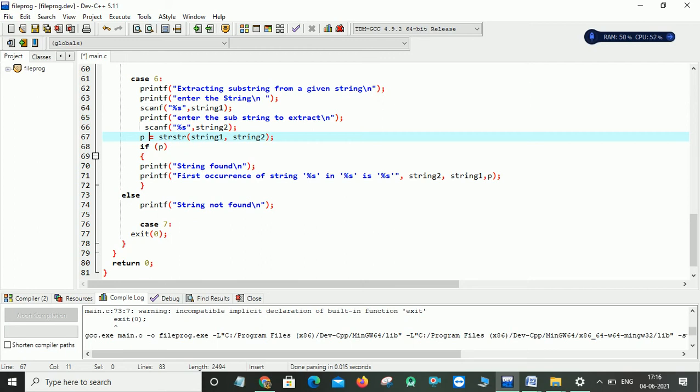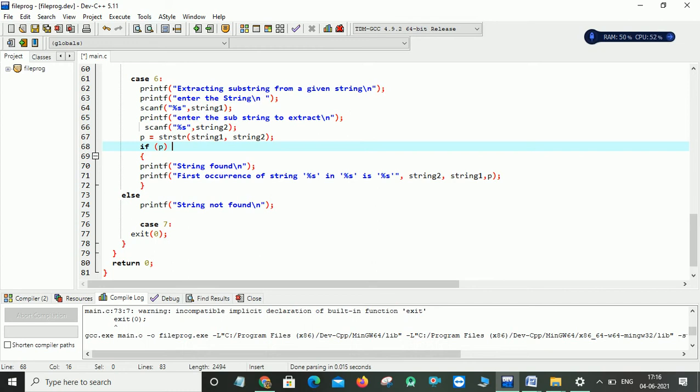If p is not null, that is, if the substring is found in your given string, then this condition will become true. So it will print string found, and the first occurrence of string %s in %s, and the remaining part of the string it will display by this specifier.